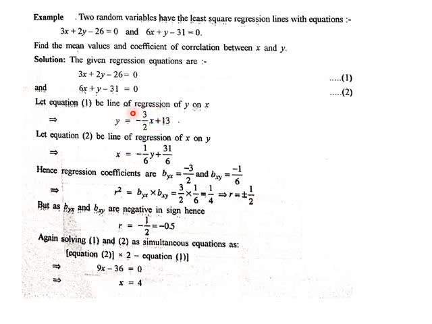Now from the first one we get the regression coefficient minus 3 by 2, from the second one the regression coefficient minus 1 by 6, and if we multiply these two, we get r square. R square equals 1 by 4, so r equals plus or minus 1 by 2. Now in this example, if you read carefully, both regression coefficients are negative, and if both regression coefficients are negative, we take the correlation coefficient as negative. And by these two setups, again we need to calculate x bar and y bar. So you can calculate x bar and y bar by putting these values.